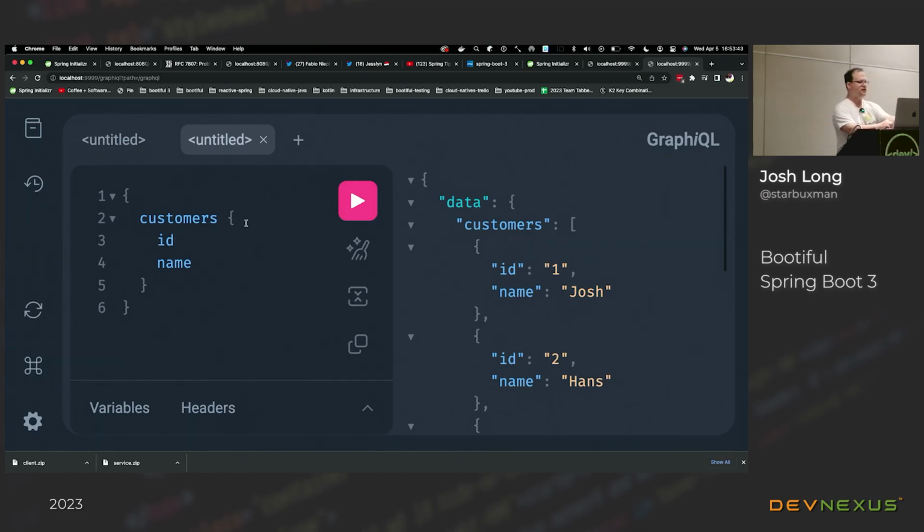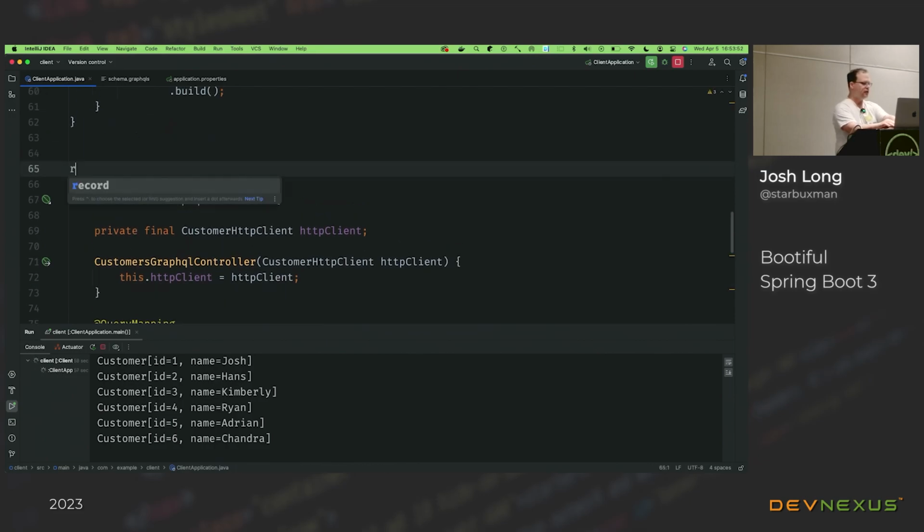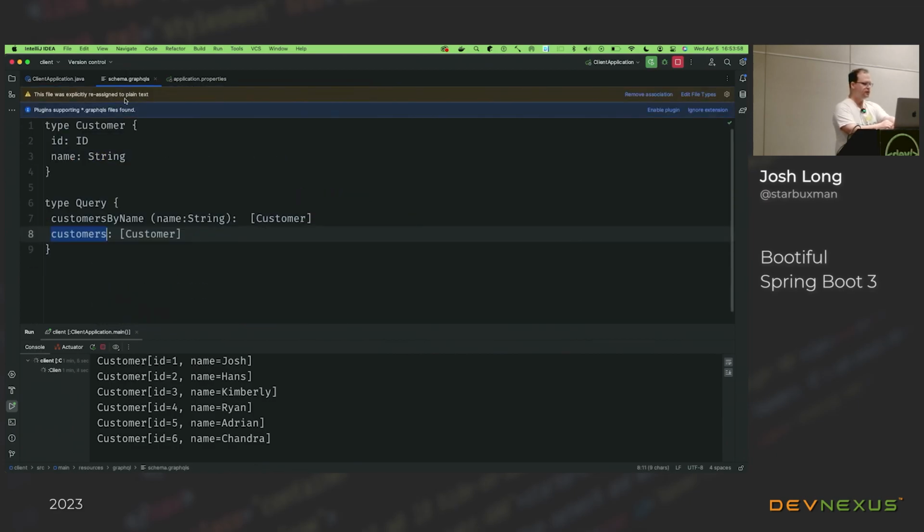So this is really convenient. You just hit control space. You've got all this stuff here. I can also easily add new things to the graph. So for example, let's say I wanted to add a new type called a profile, okay? And the profile had an ID like this, and I want this to be available whenever somebody gets the customer